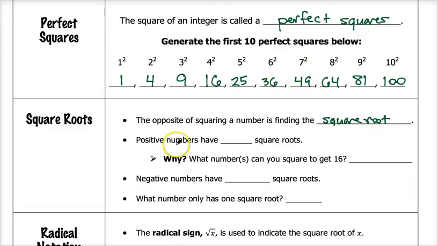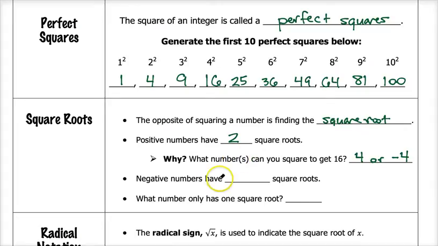Let's talk about positive numbers for a second. Positive numbers have 2 square roots, and the reason being is that if you think about what numbers you can square to get, let's say, 16. Well, we know that we could square 4 to get 16, but we could also square negative 4 to get 16. Since a negative number times itself is 16,